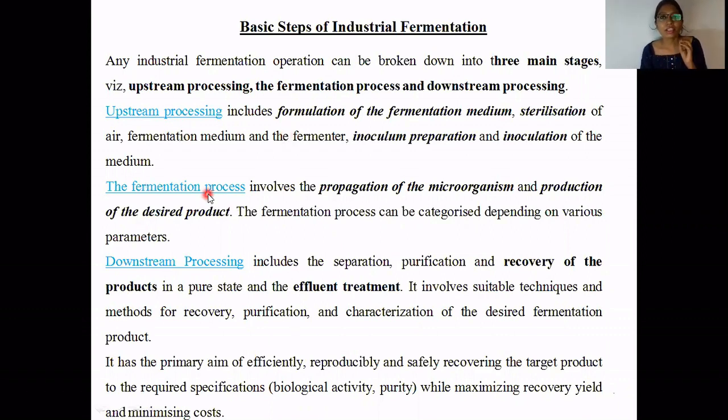It is not like we just add the microorganisms and get the product. It requires certain time for the microorganism to make the desired product. Now, this fermentation process is strictly carried out under manipulated conditions. For example, temperature, pressure, etc. are all manipulated so that microorganisms are forced to give the desired products. Remember, there are certain cases in which the microorganisms will fail to make the desired product.